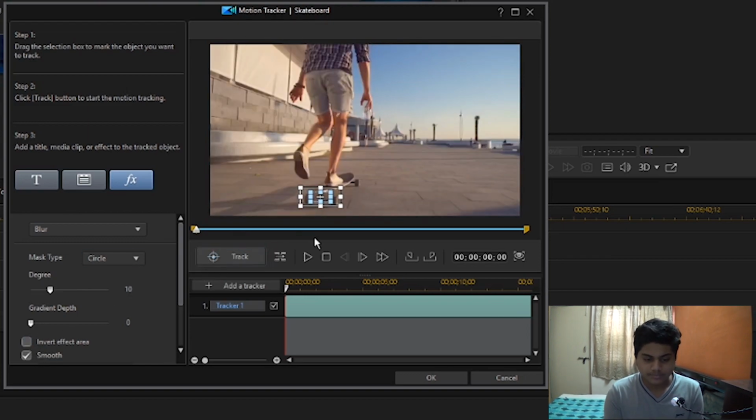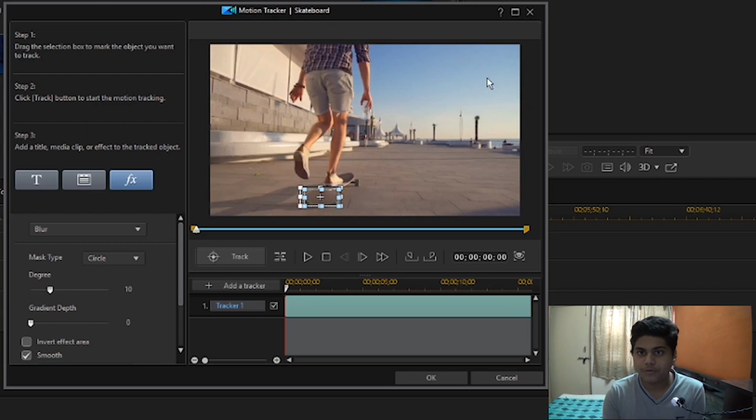You can also change the blur size. This box is the blur size, so just go to the corner, the cursor changes, and increase and resize it, and place it where you want. So that is done.